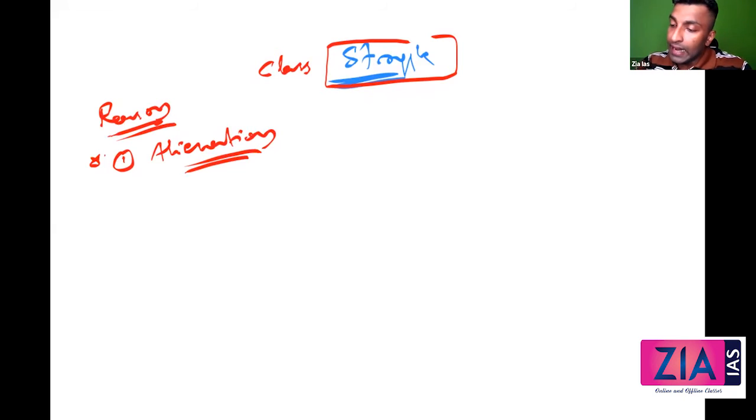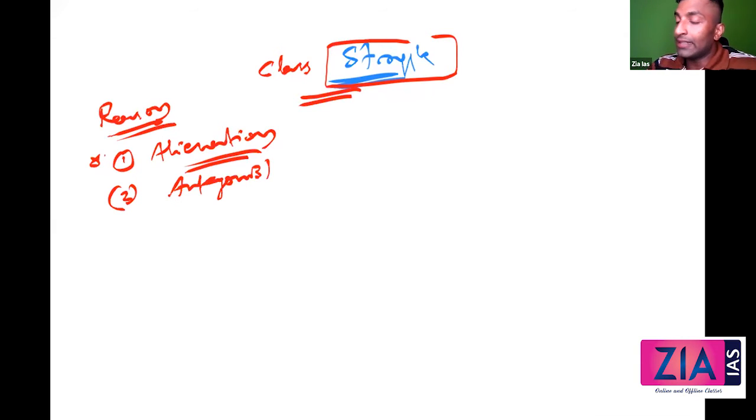Alienation. Second reason is, as we have discussed already, what kind of relation, what kind of cooperation they are in. The struggle is between 2 different groups. We have discussed that they are in cooperation. Tell me, what kind of cooperation? What word do we need to use here? Antagonistic cooperation, right? So they are in antagonistic cooperation. That itself is one of the reasons for class struggle. So we are done with 2 reasons. Now the third reason is,